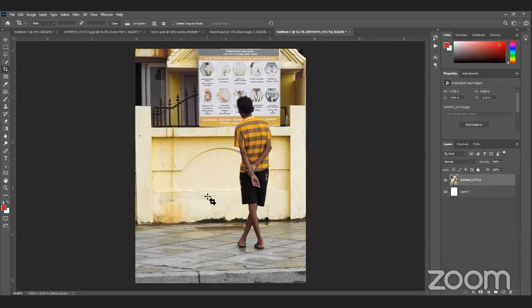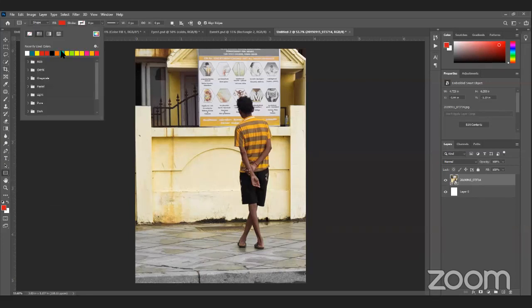We'll talk about it later when we try to save this file for Facebook, Instagram, or Twitter, because they have their own aspect ratios, a particular size they always show, so we'll try that. So this is what I have got. I want it like this, and now I will create a rectangle here, fill black,